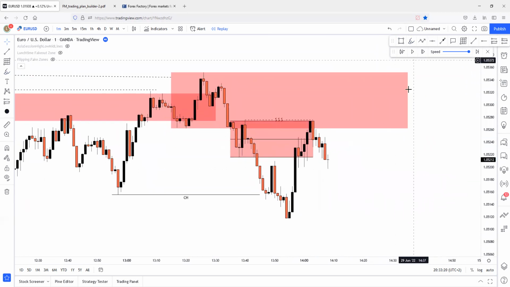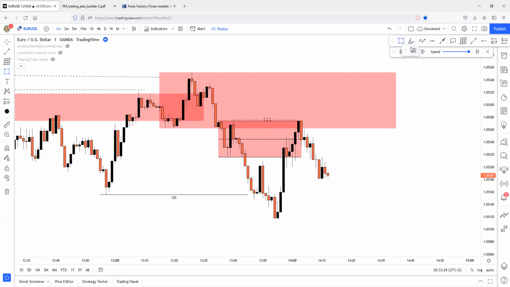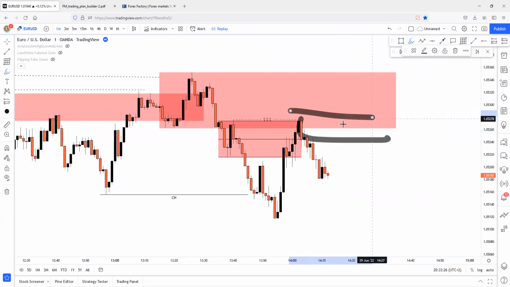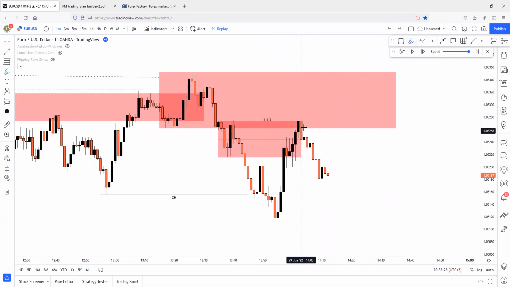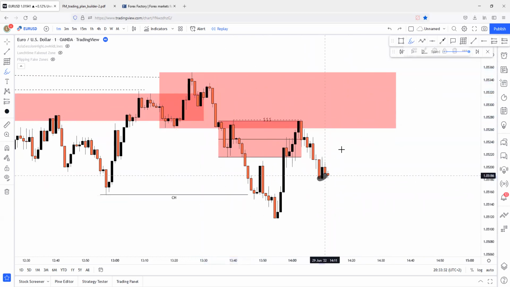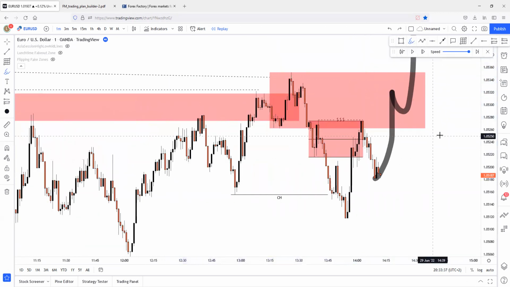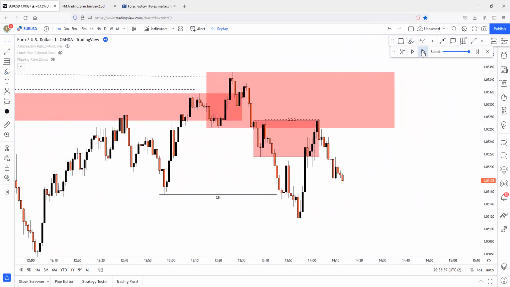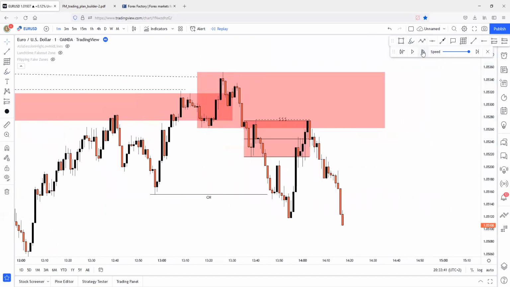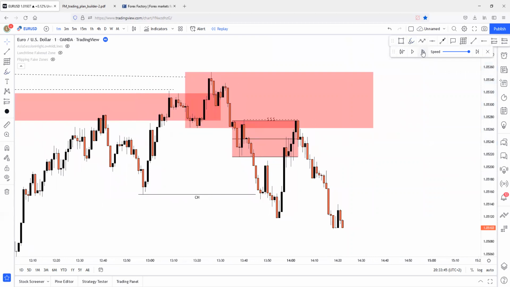So, more likely, yeah, there's a change of character, and the change of character has started from some sort of supply zone here. I won't even mark it because this is part of the liquidity, and more likely this will be a sell trap for this extreme zone. But if price comes up to this extreme zone, then there's a high chance that the sweep to the upside will happen. So we have to see. We have to monitor the market. Okay. That's actually a huge movement to the downside.